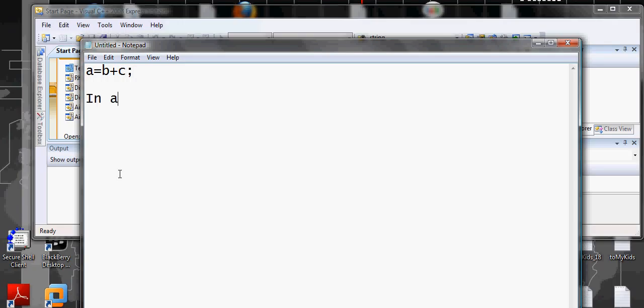In assembly, it will be add register, register. So it will say add register 2 and 3 and put it in register 1. This is what it means.